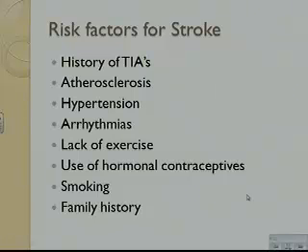Excessive alcohol intake is a risk factor that increases risk, as does illegal drug use. They're finding that a lot of these different substances are starting to put people at risk for strokes. And certain blood disorders could be put up here as well.